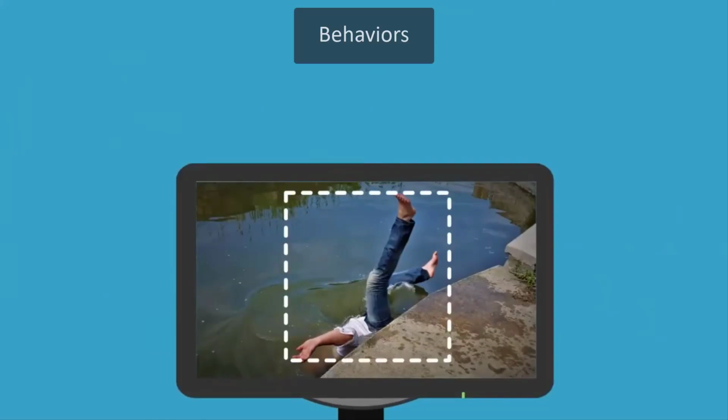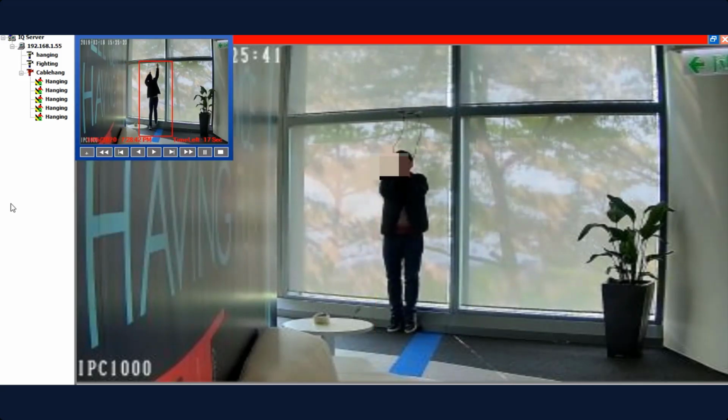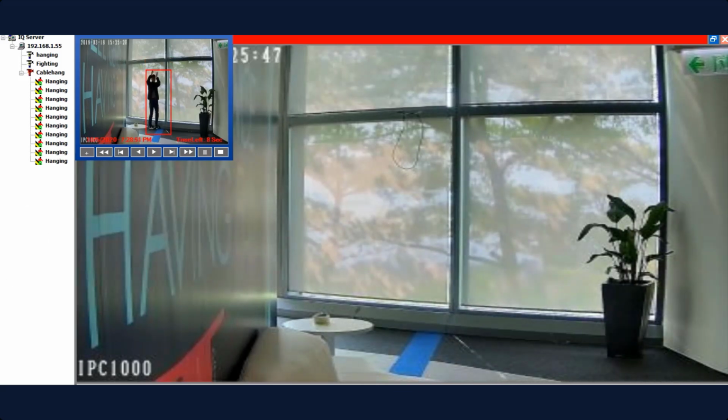This is also true for many behaviors. If one wishes to preempt suicides in prisons, how can one get 50,000 people to commit suicide in the variety of ways that are possible to create the data sets necessary for training the computer?